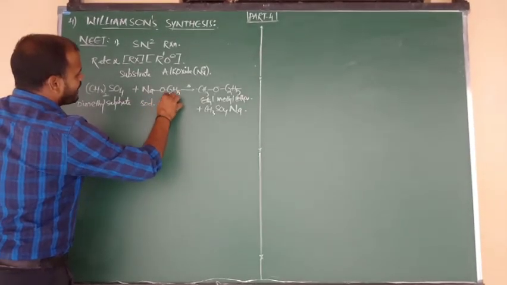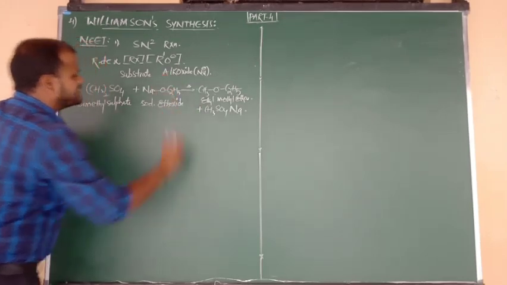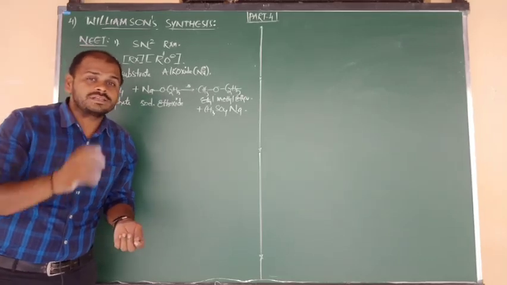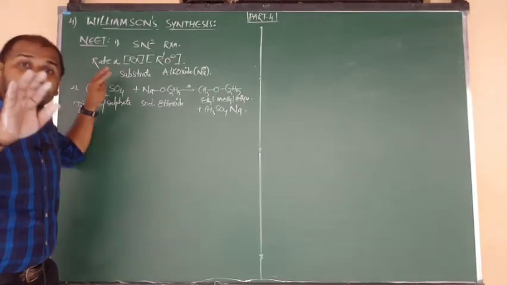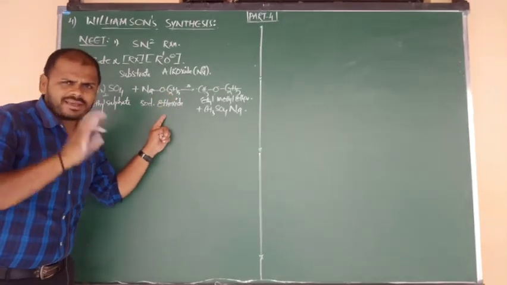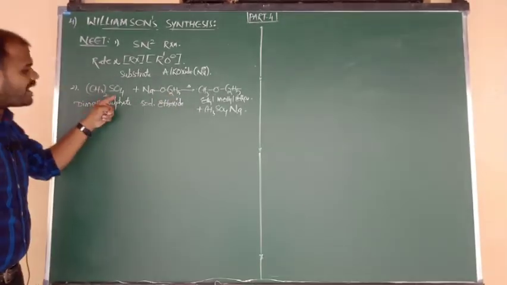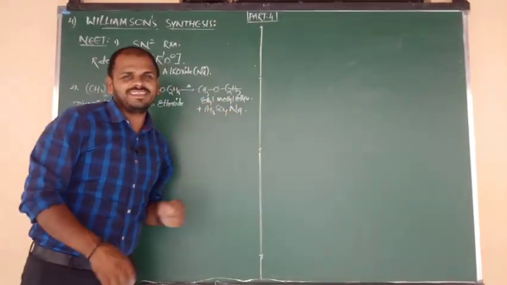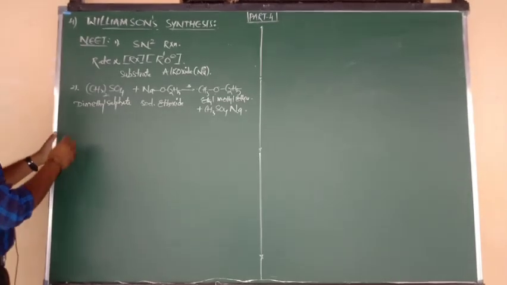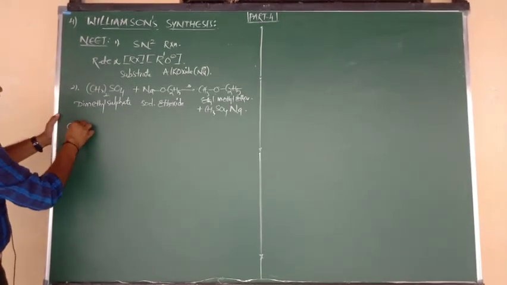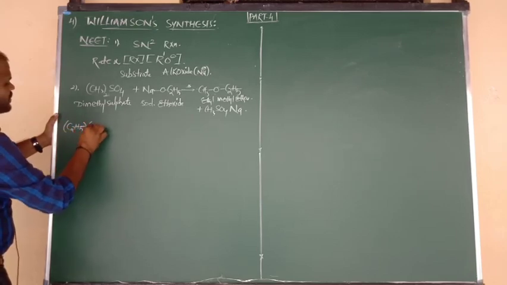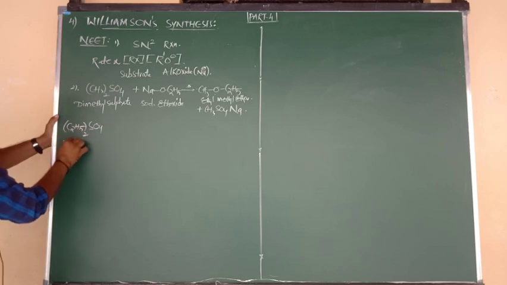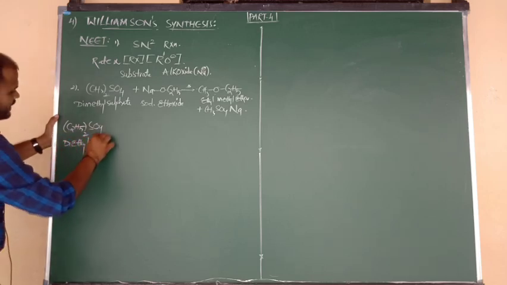Once again, it is sodium alkoxide, and the example is sodium ethoxide, exact name. In the case of Williamson synthesis, from a theory point of view, what have we studied? Alkyl halides on reaction with sodium alkoxide. But in this case, instead of alkyl halide, X can be replaced by a sulfate group, and we also get ether as the product. Good. And I also want to give you another example. (C2H5)2SO4. The above one is dimethyl, but this one is diethyl sulfate.